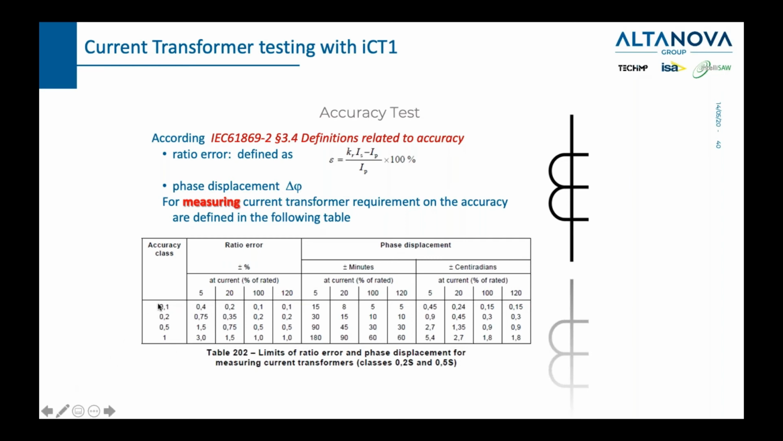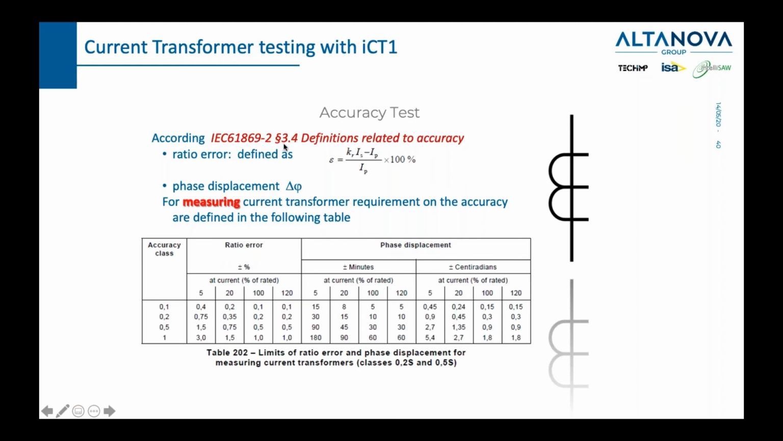When we have these accuracy classes, we need to know that this accuracy needs to be respected only when you generate 100% of load. But what we do here is that we simulate different loads. We simulate, let's say, 5%, 20%, 100 and 120% in order to be sure that we have a good device running here. Of course, here you can see the norm, what is also the phase displacement and the ratio error, and we do that according to IEC